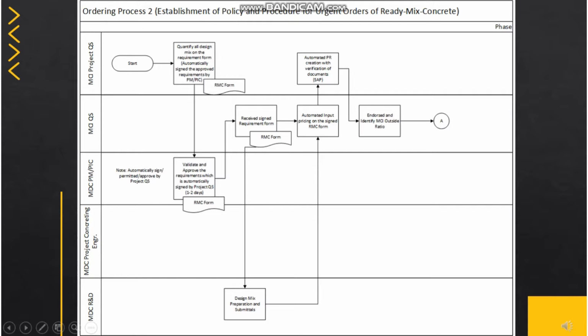For ordering process 2, it indicates the establishment of policy and procedure for urgent orders of ready-mixed concrete. It starts by quantifying all design mix on the requirement form, which will then be validated and approved by the PMPIC, and automatically signed and approved by Project QS. Then, it will be received and signed by the MCIQS, but will be handed over to MDC Research and Development only